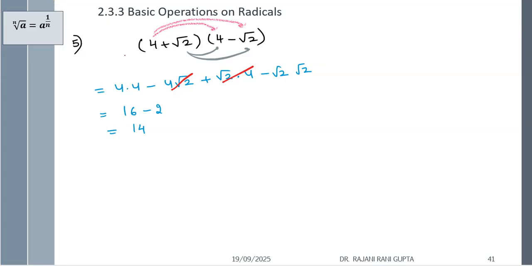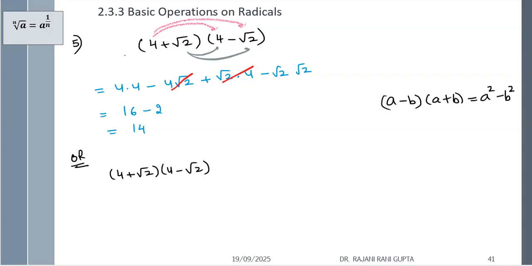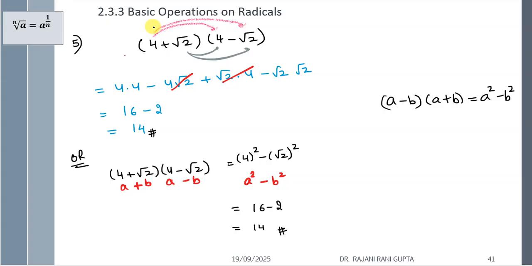Okay, this is one way. But if you remember this rule that a minus b times a plus b is a square minus b square, then by using this rule, you can directly solve it as like 4 plus root 2, 4 minus root 2. So both terms are same with this being a, this is b, a plus b, a minus b. The difference is only in sign. So we can write it as a square minus b square. So this gives you a is 4 power 2 minus root 2 power 2, which is 16 minus 4. That is, sorry, 16 minus 2. Because root 2 2 times gives you 2. So gives you 14. So you can see that the answer is same. Okay. So this is how you can